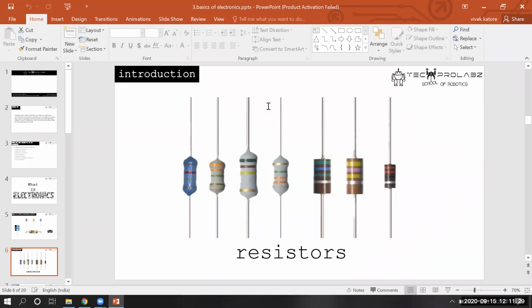Resistors are measured in ohms. Like if I want to say 100 ohms, I will say this resistor is 100 ohms. This is the way we give the values.